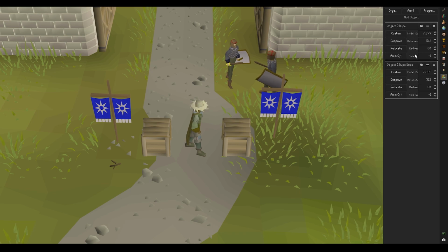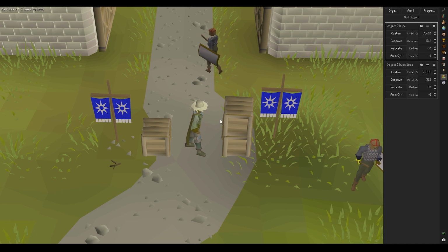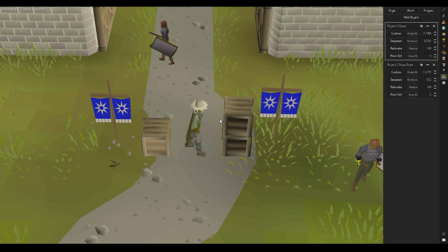You also notice that when I have multiple objects, the selected one is the one that the hotkeys work on. So if I have, let's just change this to, a double crate, and I apply some hotkeys like rotating, it'll apply to the selected object. If I change my selected object,